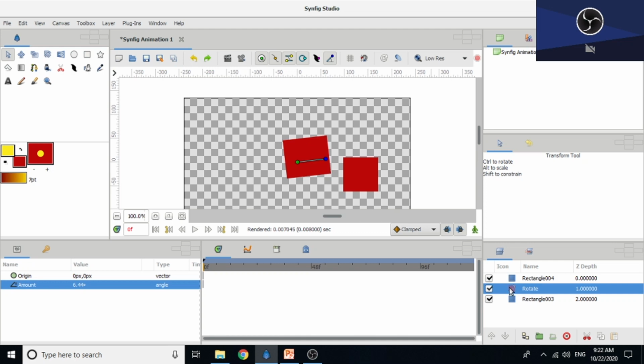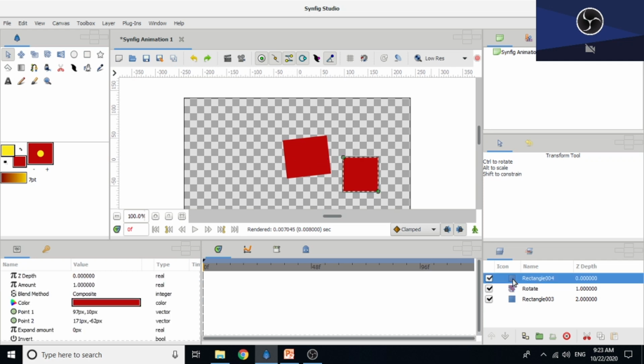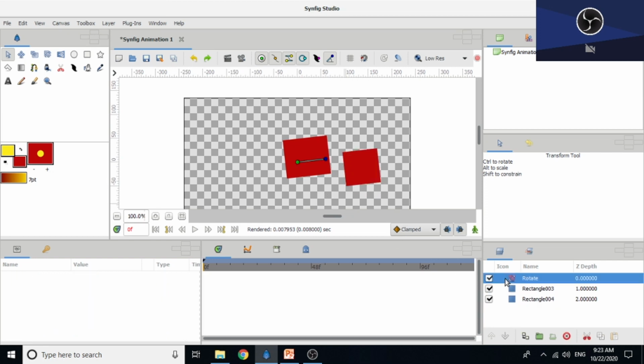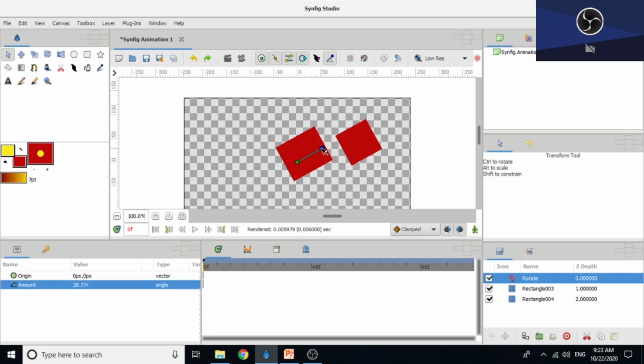So remember, the rotate layer affects all the layers beneath it. If you want the second rectangle to rotate also, just drag it and put it beneath the rotate layer. Now select the rotate layer again. Now you can move both the rectangles at a time.